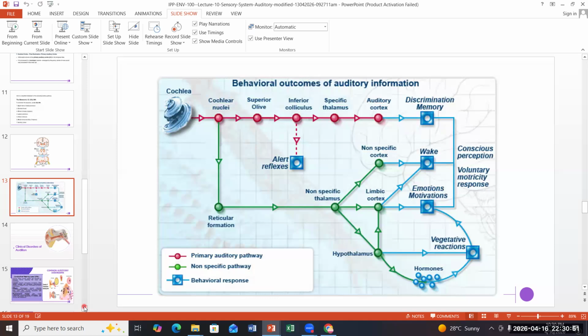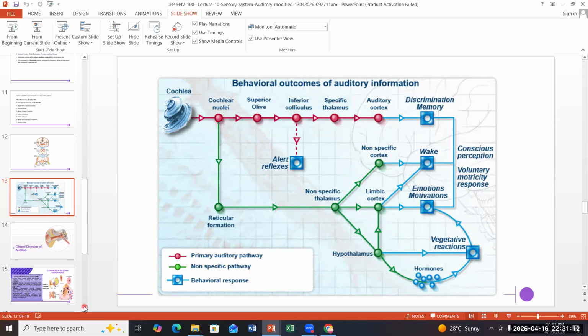So if there is a blockage, a kind of health disorder in which the person cannot hear, maybe it's a temporary kind of hearing loss. But what if the nerves are damaged? Then it can be a permanent hearing loss, or if the pathway is affected.